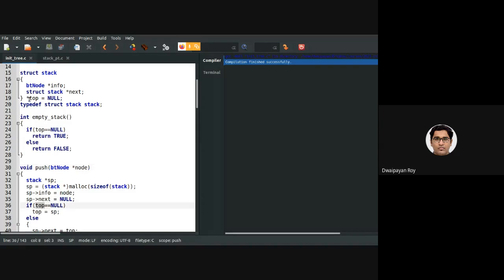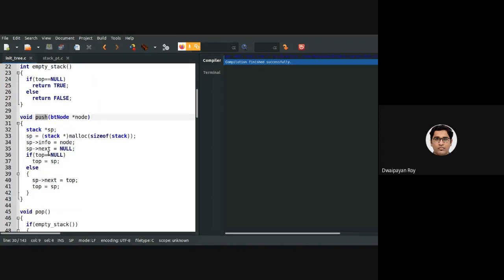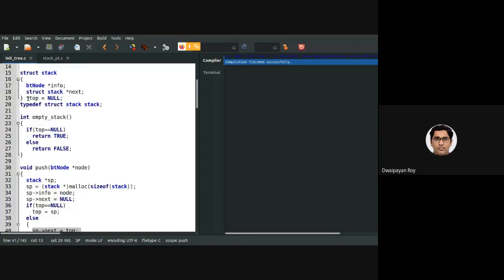So the statement top equals null specifies that there is a stack which is null, due to the fact that this code is accompanied with this push function. Because here in this push, I am making individual nodes, and then I am setting the top to point to that node. So specifying top equals null of this node type specifies that there is a stack, but the stack is presently empty.